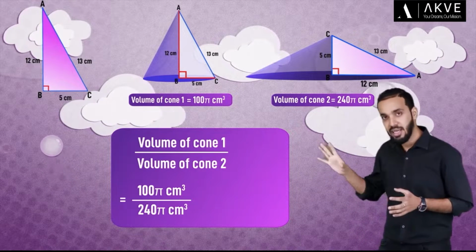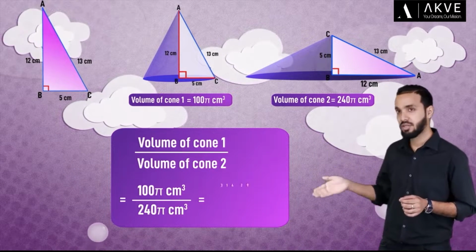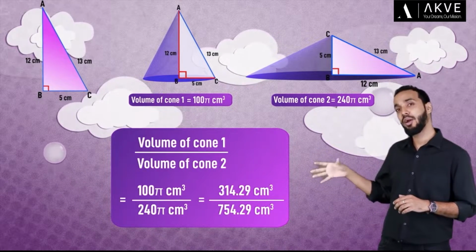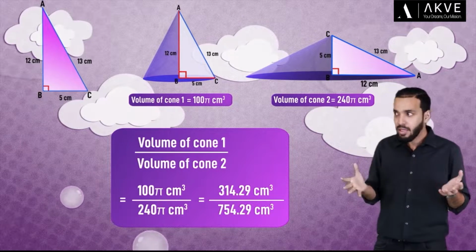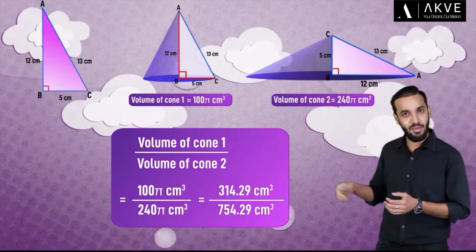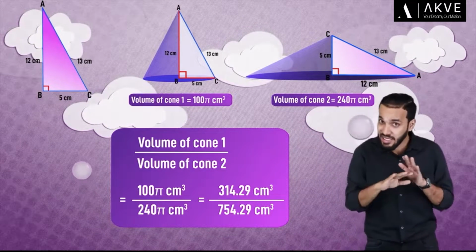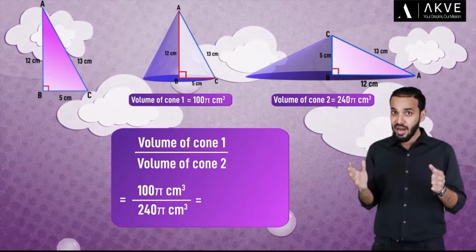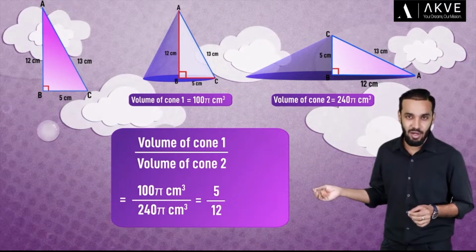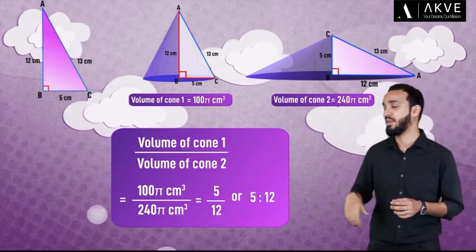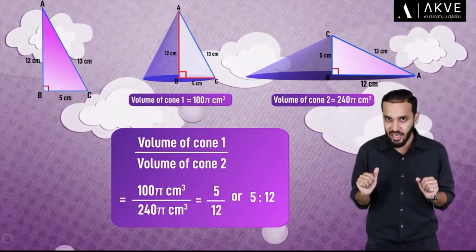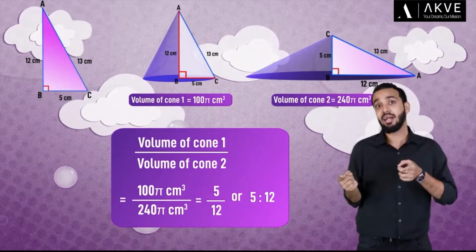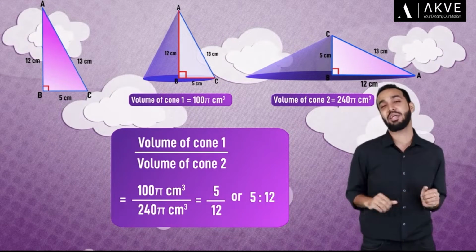If we had simplified each of these volumes to 314.29 cubic centimeters and 754.29 cubic centimeters, it would have been extremely difficult to divide them, right? But because we didn't simplify, dividing them becomes a piece of cake and we get the required ratio is equal to 5:12. So, summarizing, the volume of the cone obtained by rotating the right triangle about the 12 centimeter side